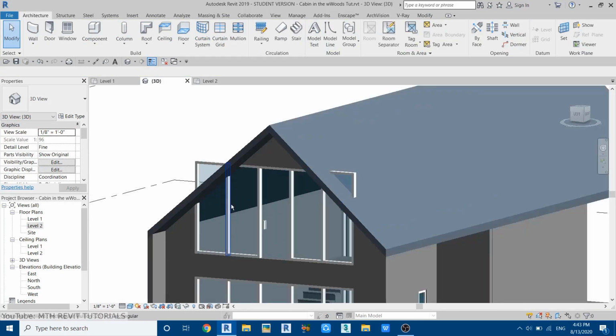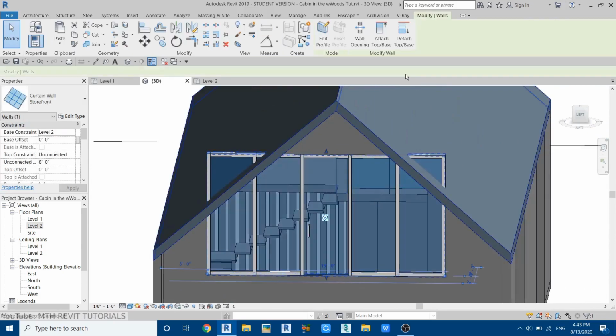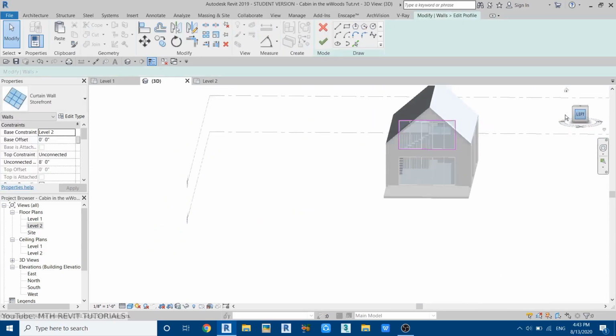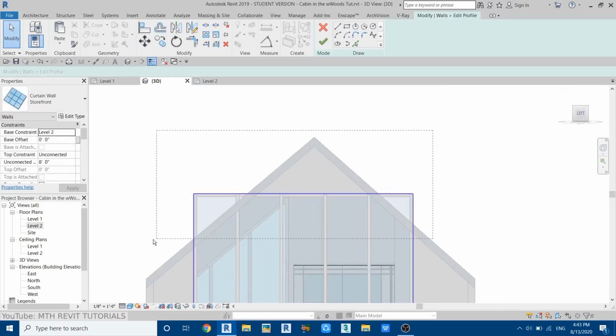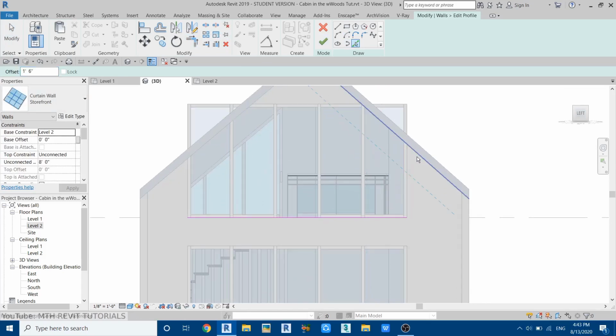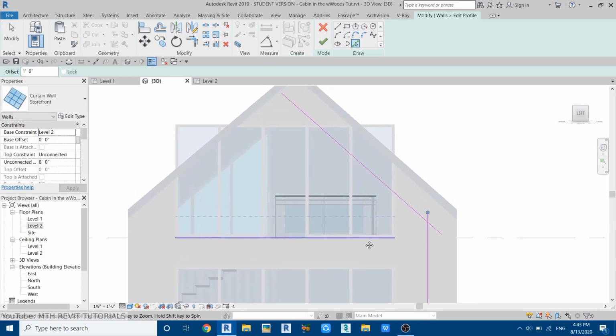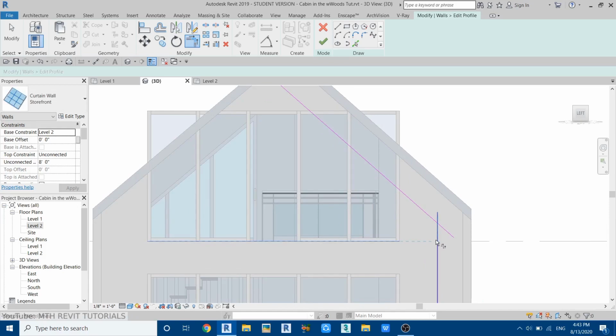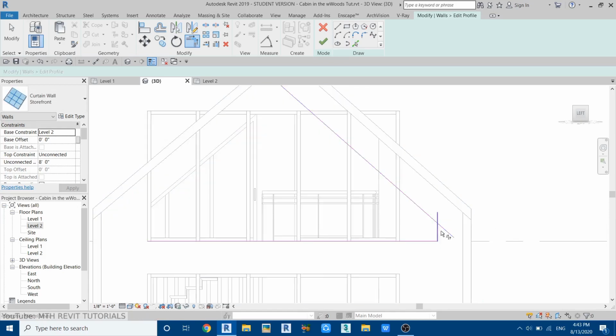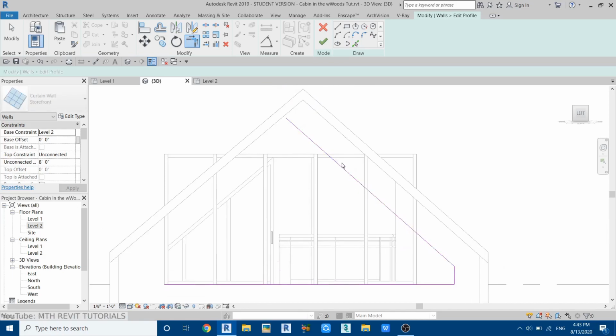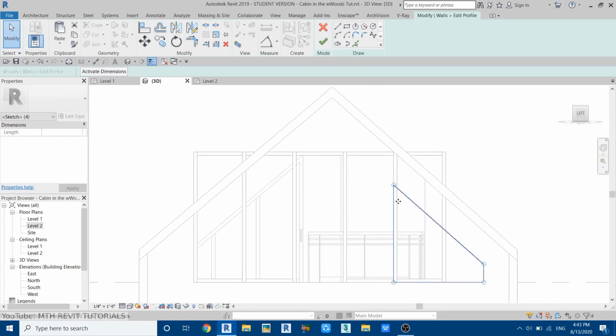Now on this side also we can just edit this storefront. Select that, edit profile, go to left view, delete these 3 lines and then use pick lines and give 1 foot 6 inches offset again, and then just pick these edges, TR for trim, just join that, join this one as well, and then we will close this one here like so, then trim. Perfect. Let's just mirror this one to the other side